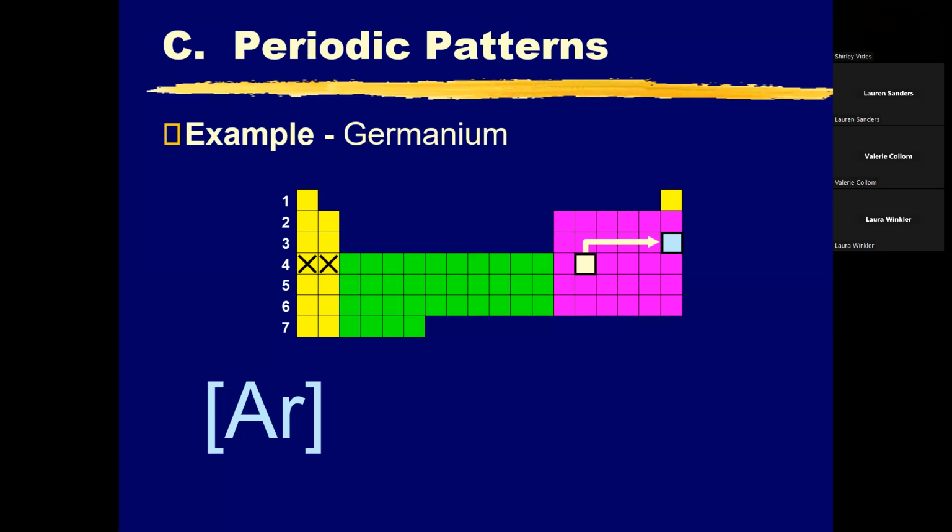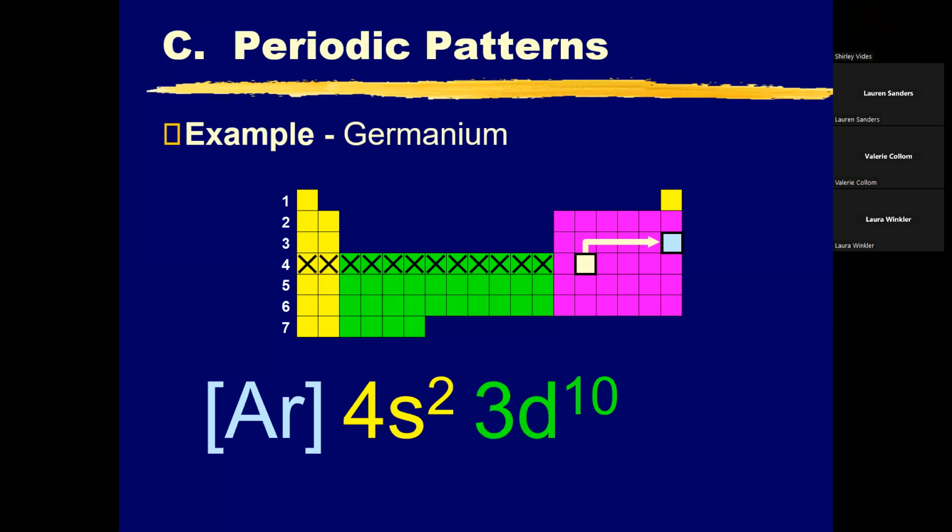So that would be 4s2. And then we go all the way across these D's. And remember, D is n minus 1 and we're in 4. So that would be 3D. And we said the maximum, which is where we are at because we're past it. So 3D10. And then 4p2. See? And that's your whole